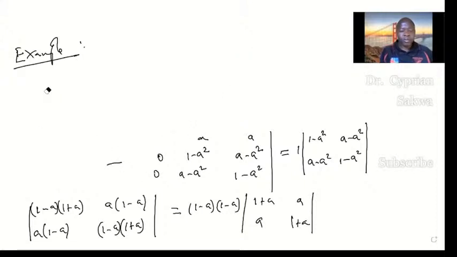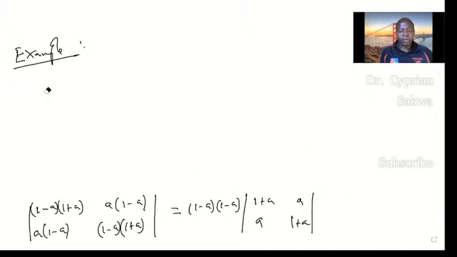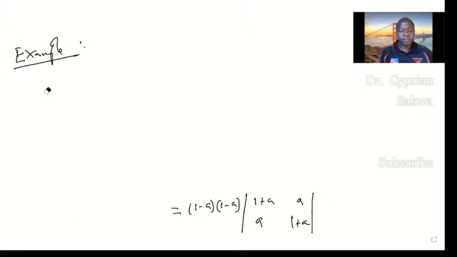I just want to create some space here. I will solve this one. I'm done with it. So what I have is 1 minus r multiplied by 1 minus r. And what is this determinant? This determinant is